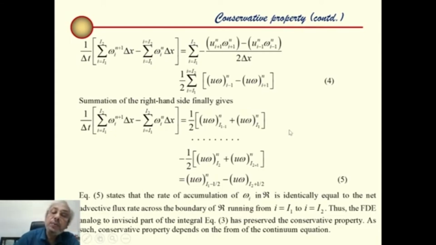And then if you do that, simply express these two terms by substituting I equal to first I1, then I equal to I1 plus 1, then I equal to I1 plus 2. And this way, if you go up to I equal to I2 minus 1, I equal to I2, you will get